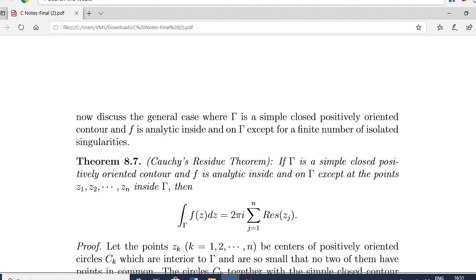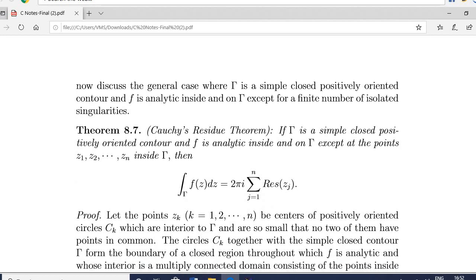But this situation is that you have a simple closed curve. f is analytic on and inside this except some points. So there are some points inside where f is not analytic. In that case, you apply this Cauchy residue theorem. So in that case, the integral is computed by computing the residues at these points. Now for finding residues at these points, you use the formula that I showed you just now and also in the last lecture. So let us see the proof now.